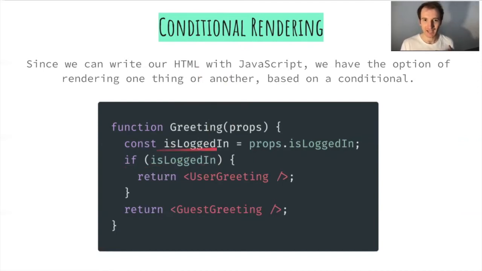So let's say that we have this prop, which tells us whether a user's logged in. So this is a Boolean value, either true or false. We could say, okay, if this prop is true, so if the user's logged in, we could render this component,